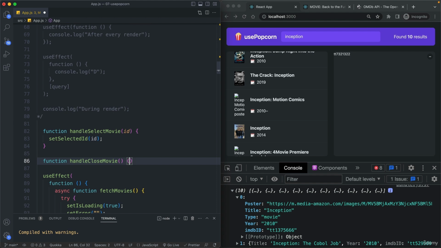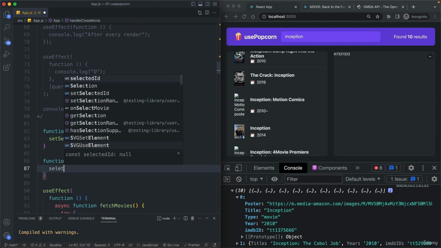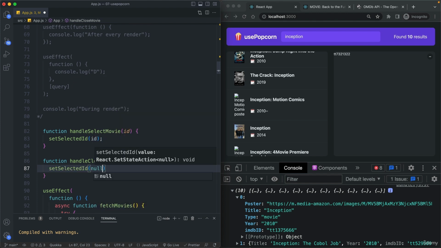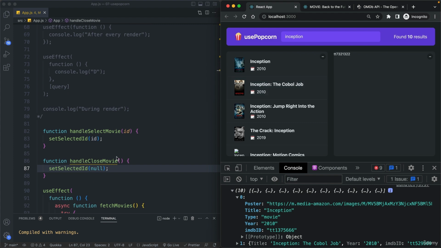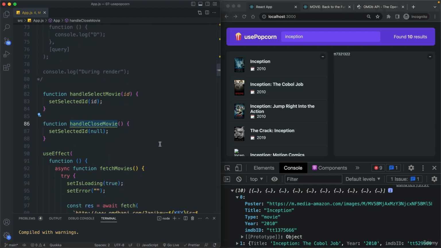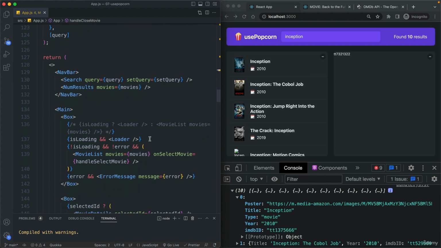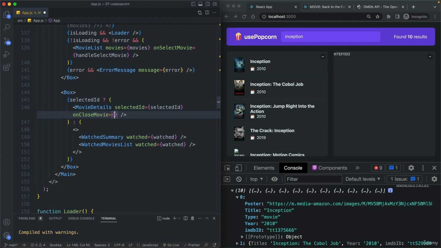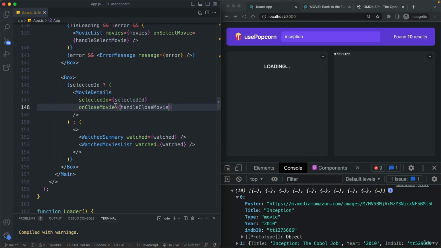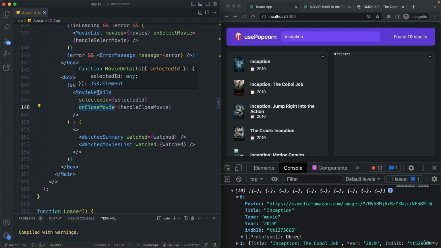And this one doesn't need anything because all it will do is to set the selected ID to null. Okay. And then, of course, we need to pass this function into the movie detail. So right here on close movie. And then let's grab that, move there,